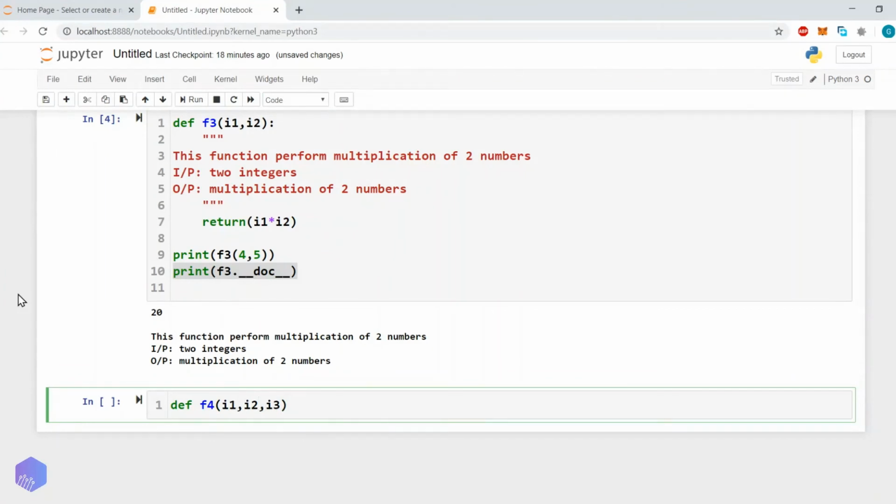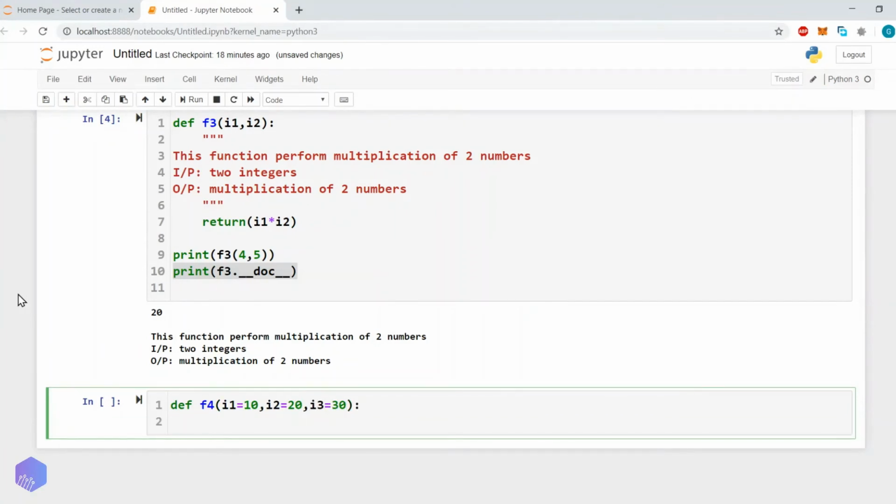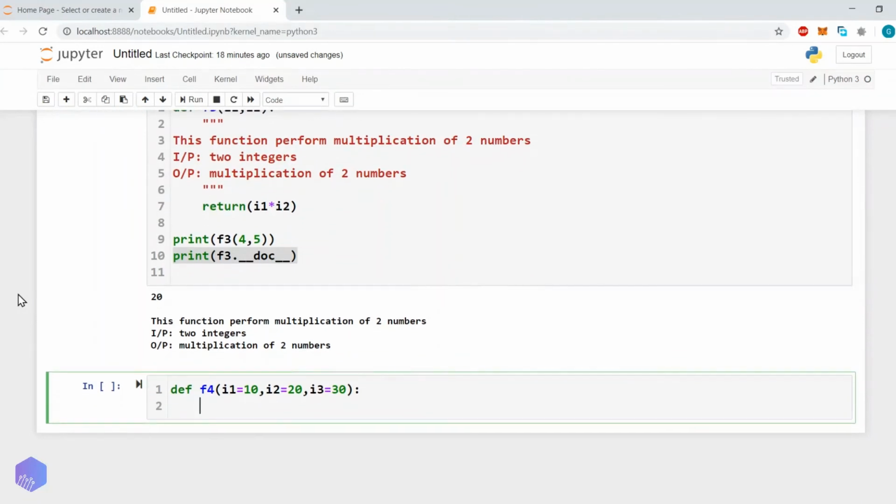Now here we will specify some default value. So how to specify the default value? I1 equals to 10, I2 equals to 20, I3 equals to 30. Okay, and this function will perform the addition of I1, I2 and I3.